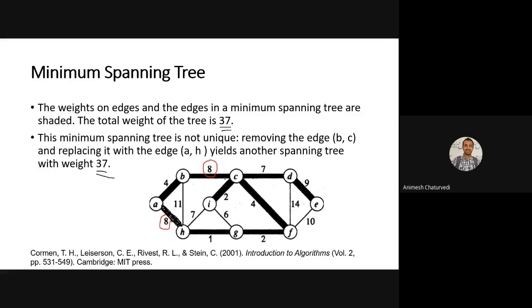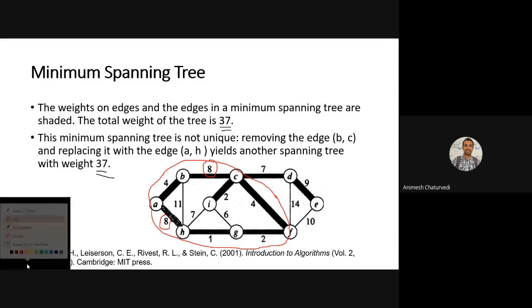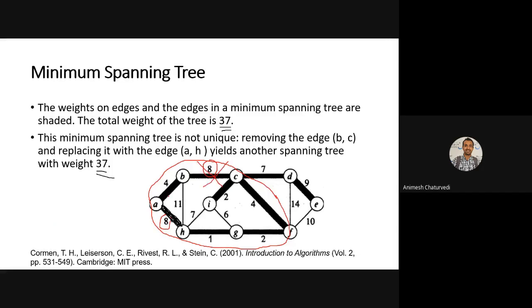But B and C are also connected, which created a cycle. How has this cycle been created? You can see the cycle. A cycle has been created, but it is not allowed in the minimum spanning tree. Thus, you need to remove this edge. This has been removed, and the new spanning tree would look like this.